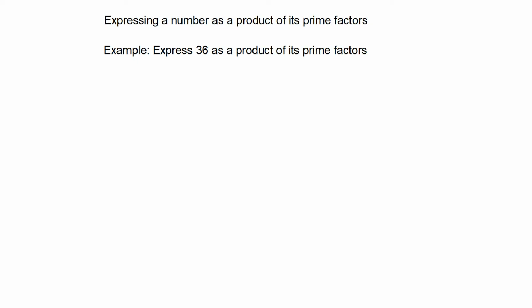In this video, we're going to learn how to express a number as a product of its prime factors. Basically, we can write almost any whole number as some prime numbers multiplied together. For example, if I want to express 36 as a product of its prime factors, I'm going to write down